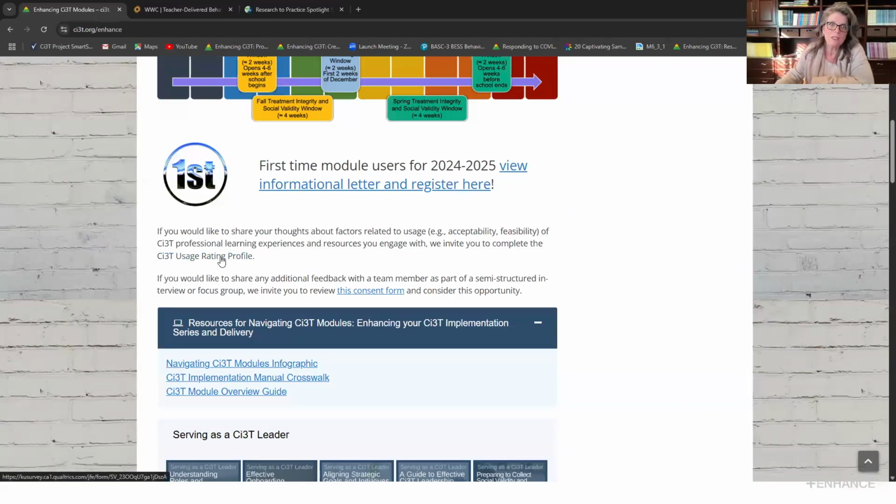And if you're not one of those 6 districts, click here. It will take you to a link and you can tell us things that you like and things you'd like to see differently. And if you would like to talk in out loud words to a person, please, by all means, click this consent form and we can talk to you. So whether you're one of the 6 schools, we can talk to you there. If you're one of the other people that are here tonight, we can talk to you by accessing time with you right here.